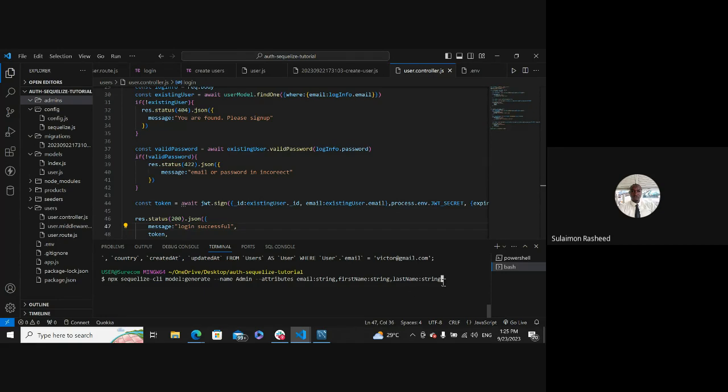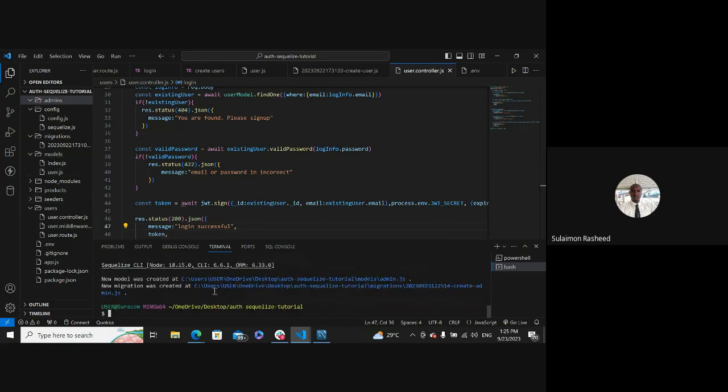I'm going to enter this now, and you will see something happen here. Watch the message first. Okay, good. You can see new model was created and new migration was created. These are the two things being created. You have a model and you have a migration. We did this yesterday. The model and migration work together. Model is the foundation for that entity, and migration